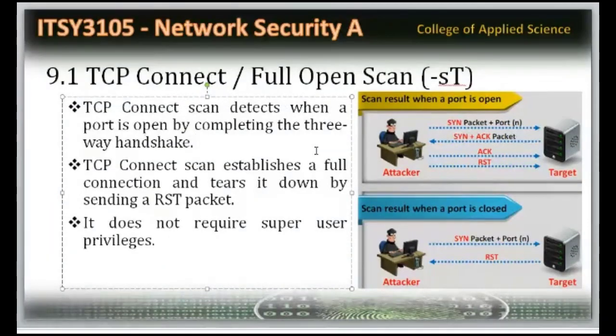Then go to the second method. Suppose this machine is off. I'm going to get an error message. Suppose a particular port number is closed here. Now you see, I'm sending the packet for port number 10. If port number 10 is open, I'm getting the reply. Suppose your port number is closed, then I'm going to get a reset message.